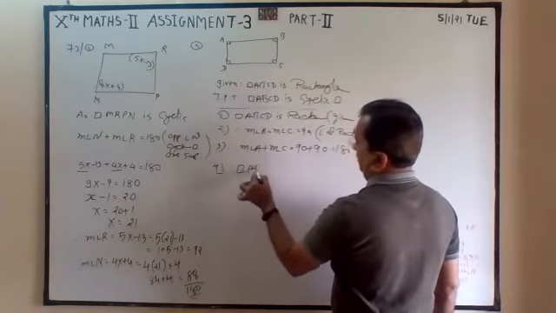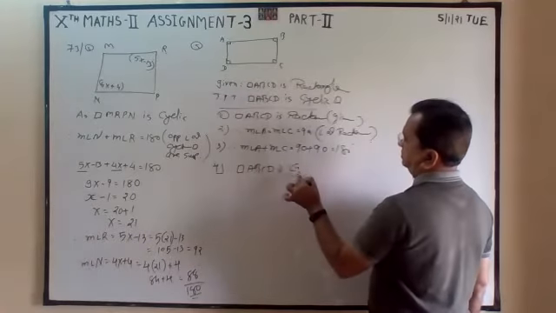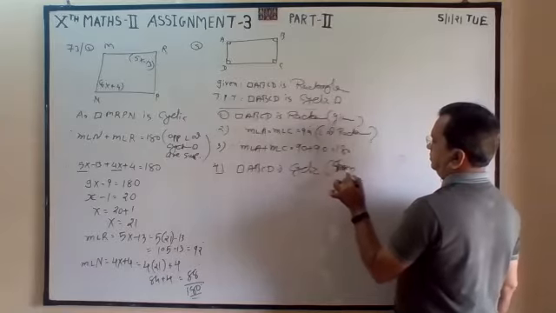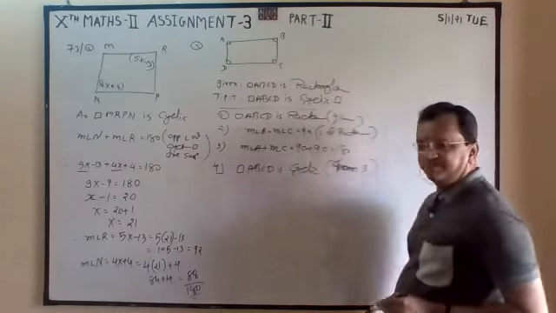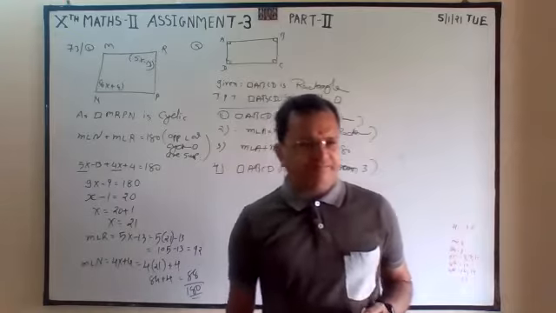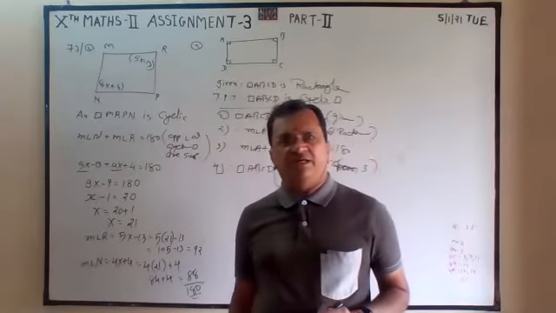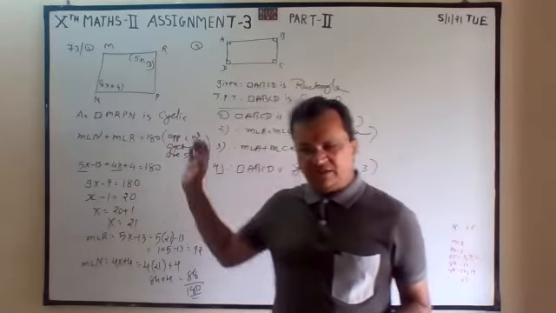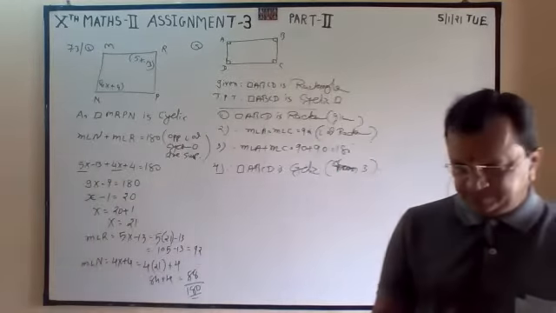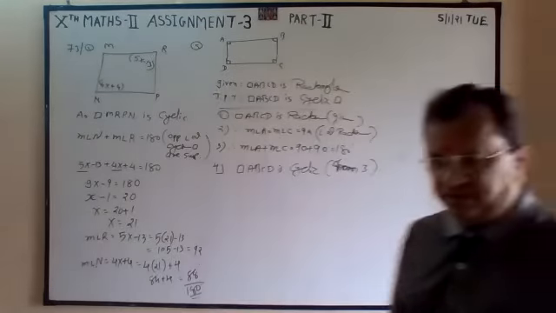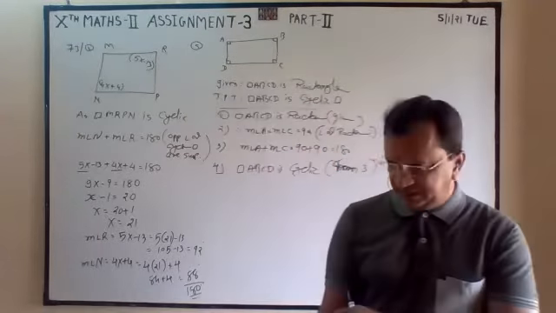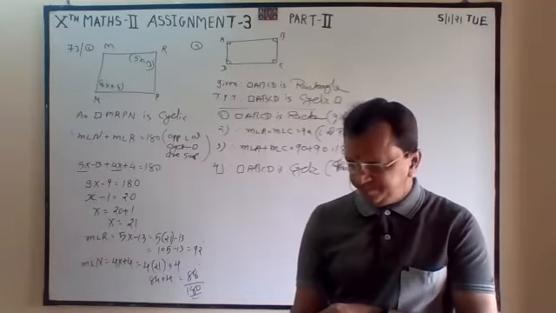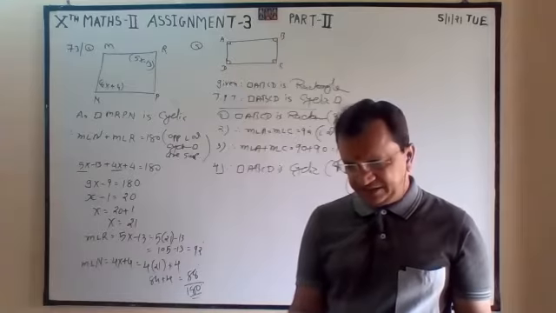Therefore, quadrilateral ABCD is cyclic, from statement number 3. If an opposite pair of angles of any quadrilateral is supplementary, total is 180, it is cyclic. On that basis, I have written the answer. Now we will go to the problem set, because this much part they have omitted, inscribed angle, segments and all.